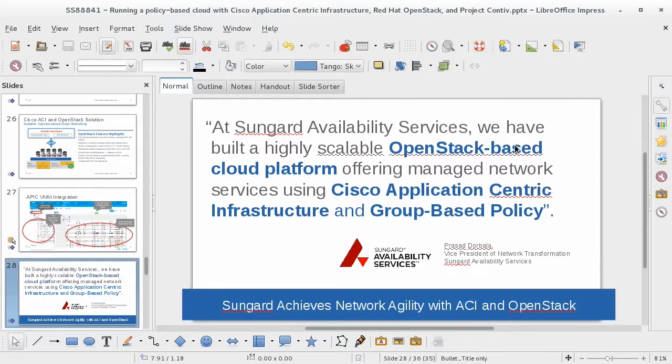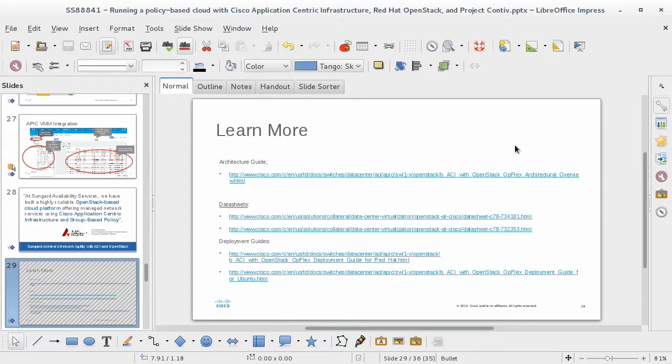One of the customers that has been running a lot of the solution, including our Cisco ACI, Red Hat OpenStack, is SunGard, and they've spoken with us at the OpenStack Summit. They've been using group-based policy for policy-based automation of the entire infrastructure. They've been one of our big supporters, and they're deployed now live in a number of different data centers. And for reference, I like to include a number of documents that you guys can reference after the fact on the solution as well.